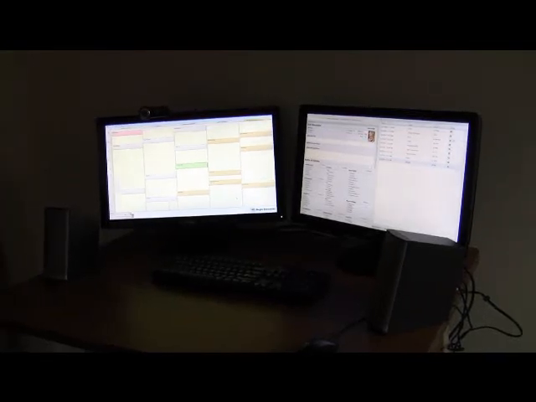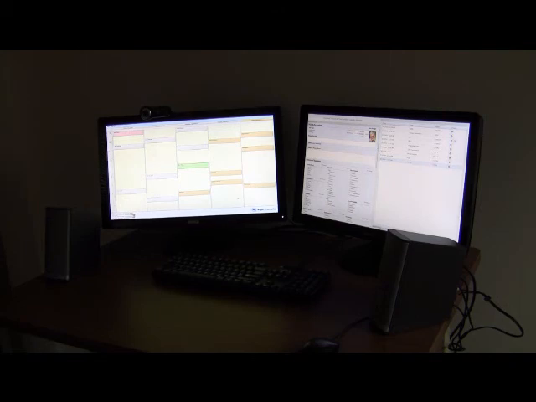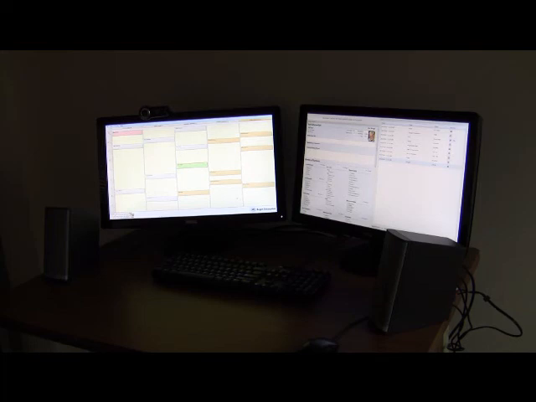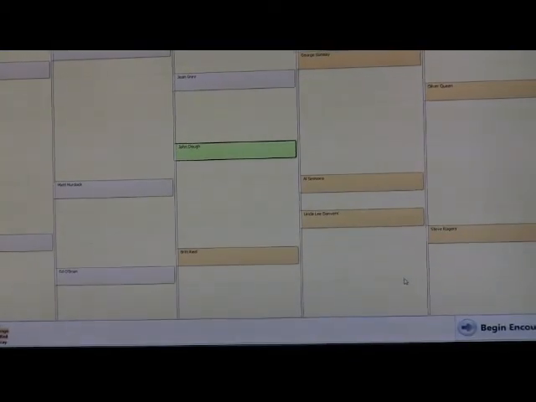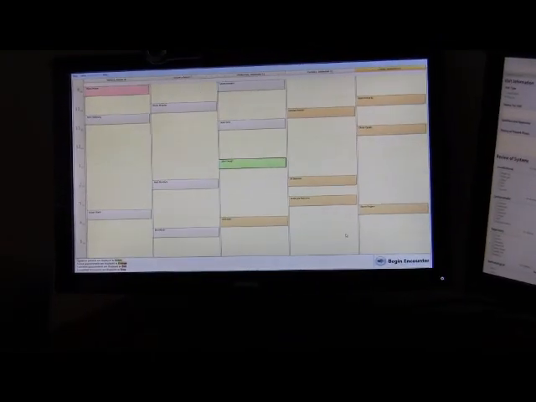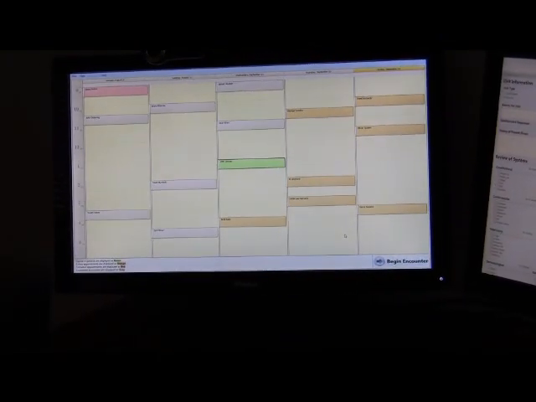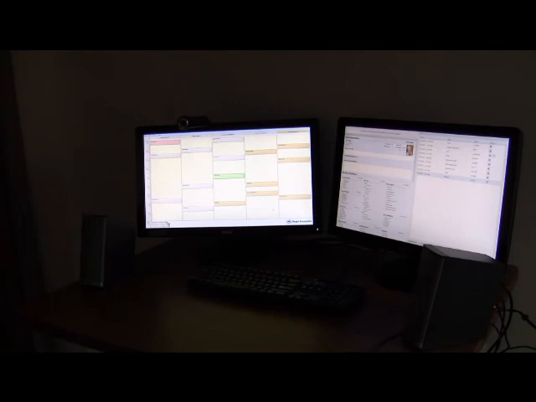So here we're showing you the physician side of this system, and this is shown in a dual screen mode where we have two monitors. The monitor on the left in this particular configuration shows the schedule, and as we indicated earlier, by looking at the schedule you can see that patient John Doe has just turned green. Right, and that's the patient that's waiting patiently on the other side for the next